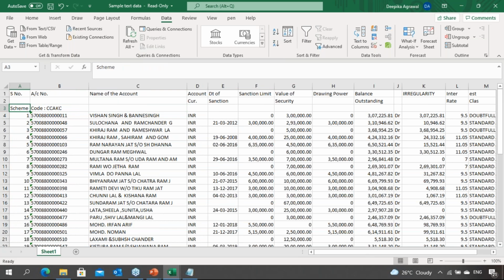So when I extract the data from the bank balance sheet, bank system, so they have multiple kind of loans. So this is one scheme mentioned, CCAKC. So they have approximately 40 or 50 schemes which they are offering. So I receive the scheme code in a separate line. So what I do, I